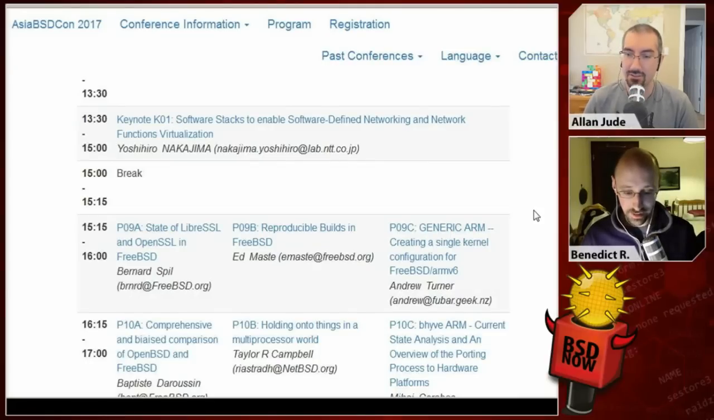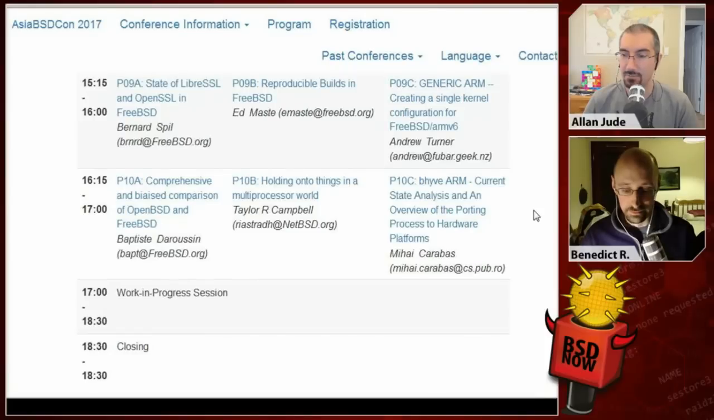Then quickly in the afternoon, we had Bernard Spill talking about LibreSSL and OpenSSL in FreeBSD. Ed Maste gave a talk about reproducible builds in FreeBSD, which is mostly working now, which is great. Andrew Turner gave a talk about creating a generic kernel for ARM. So we have a single kernel configuration that works for any ARMv6 platform, which before each had to have their own specific one, which should ideally mean that more new devices as they come out will just work. And then Baptiste